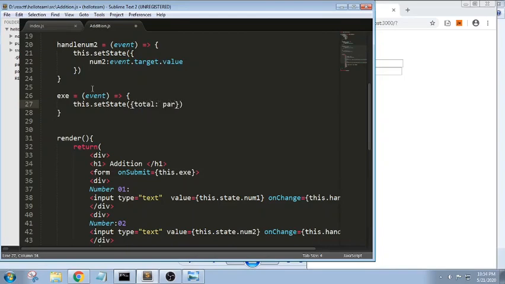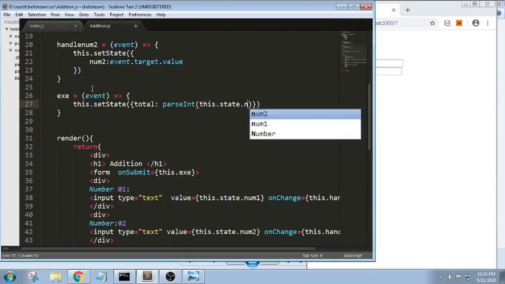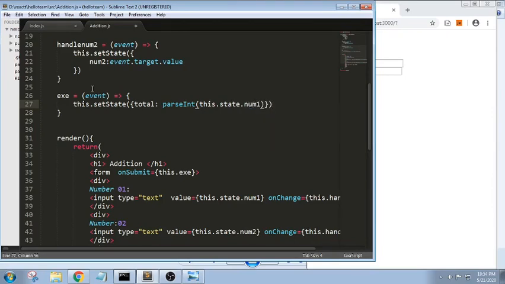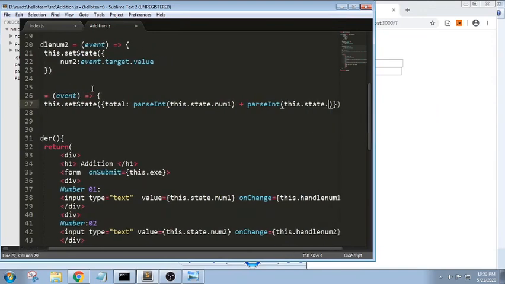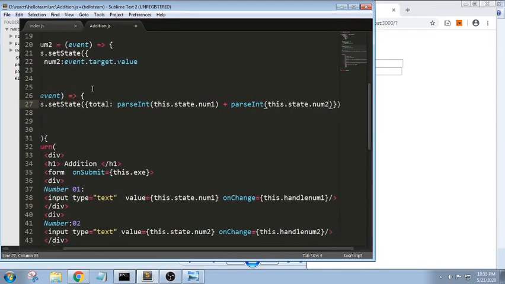Let me convert this into an integer, parseInt of this.state.num1, plus parseInt of this.state.num2.